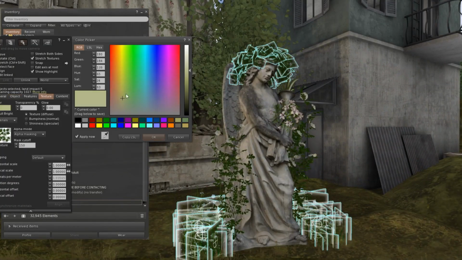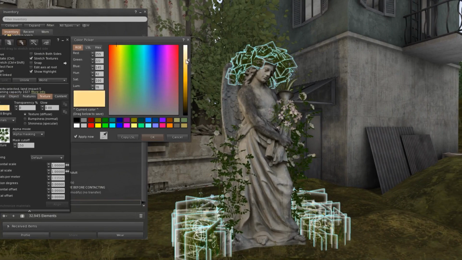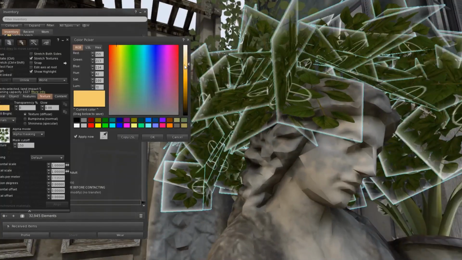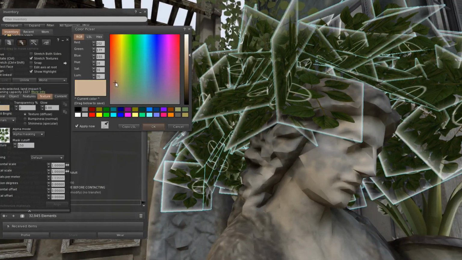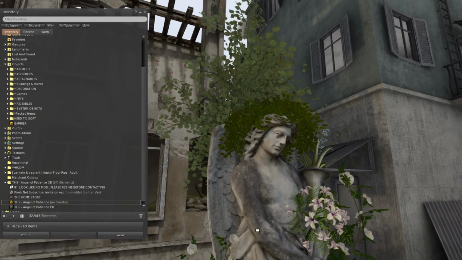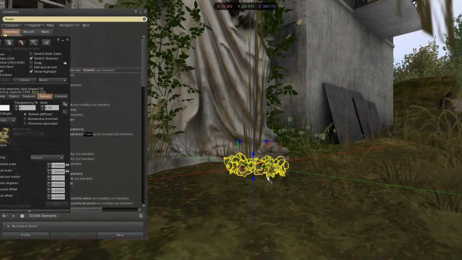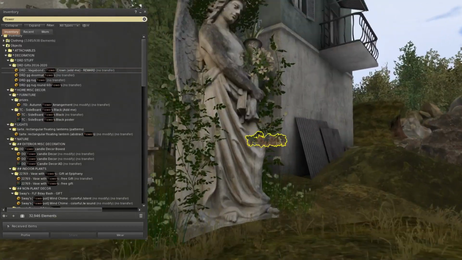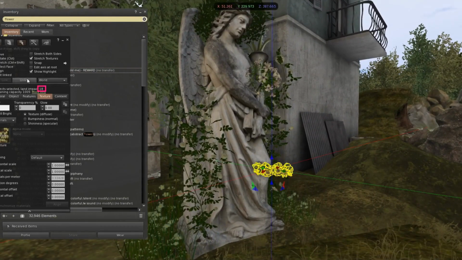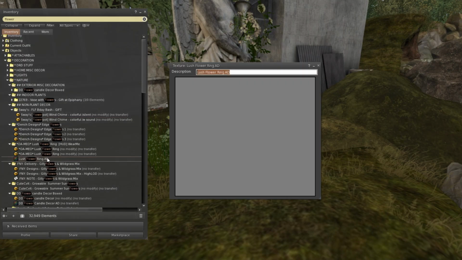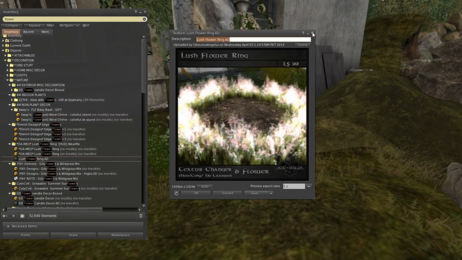The vegetation is a little too green. Again, so I'm trying to color correct, but color correcting seems to make it a little too dark. It's a little too bold. I really liked those flowers. I was like, maybe I can put that around the statue's head, but God, the land impact's like 18 land impact. It's not meant to be put out. It's meant to be worn. So yeah, that's